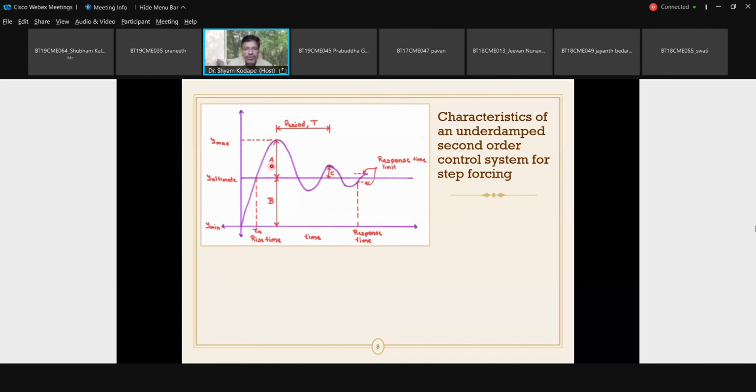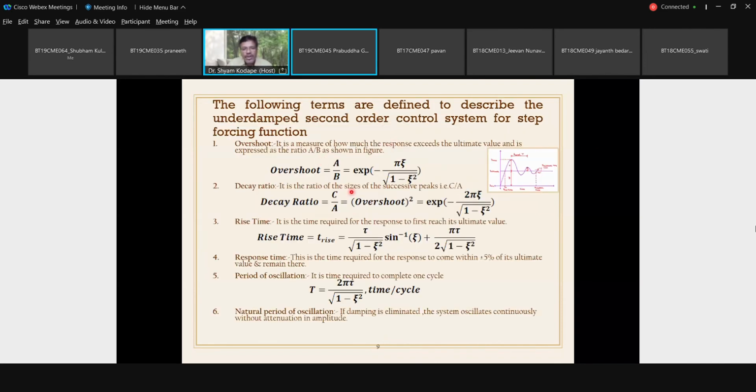What was overshoot? Overshoot was A by B. It is e raised to the power minus pi xi by under root 1 minus xi square. Agree? And what is the decay ratio? The decay ratio is the